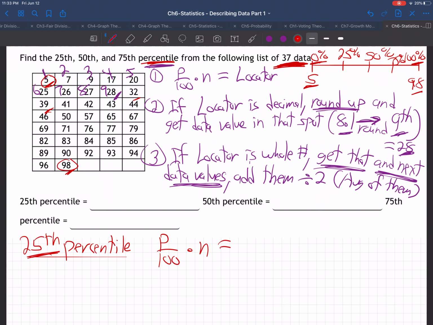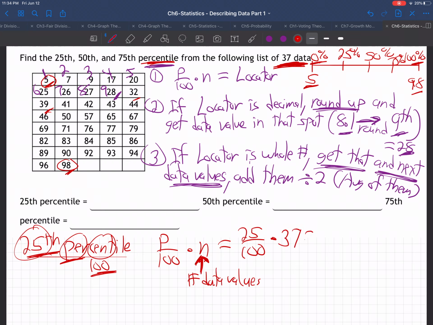Let's do it. So P over 100, P is the percentile you're trying to find, 25 over 100, right? That's what percentile means. Per cent means 100. A century is 100 years. A cent, a penny, is 1/100th of a dollar. So 25th percentile is 25 per 100. That's why we do it that way. Times N, the number of data values. How many data values? 37, they told us. So if you take your calculator and go 25 over 100 times 37, you're going to get